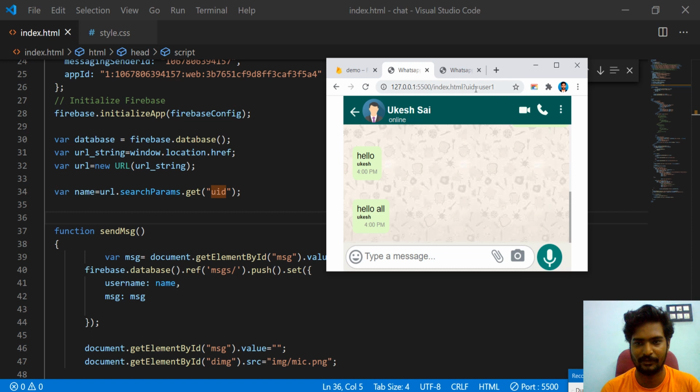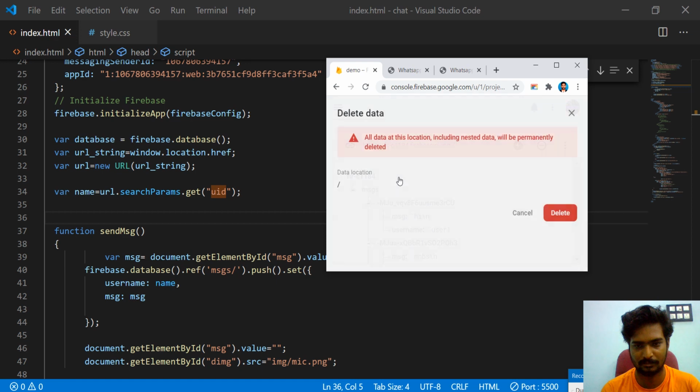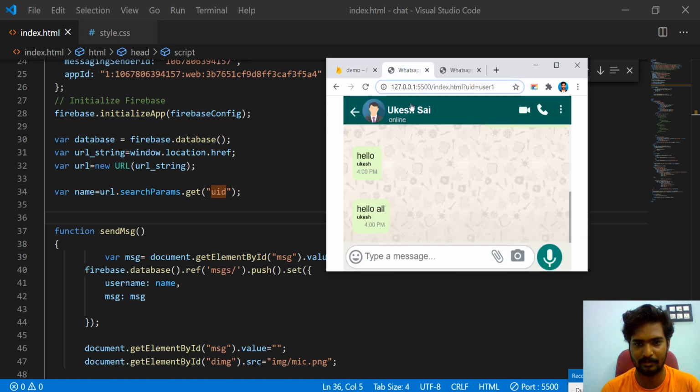Using this, we will change this, like we are adding names to the URL. Later, we will use authentication and we will get IDs for them. I will explain that in the next video. After this, I think we can change this name for the one-to-one chat application. We'll make our DB fresh. Yeah, all data in our DB is deleted now.